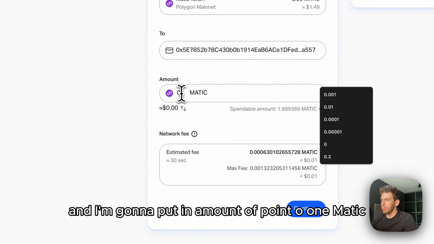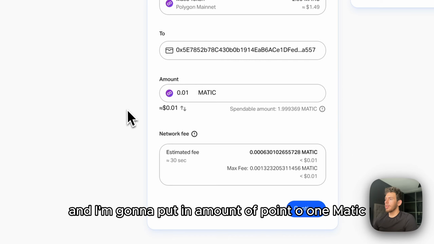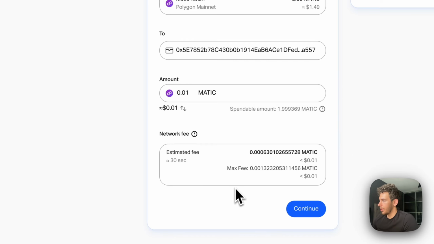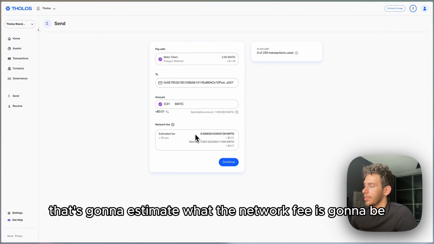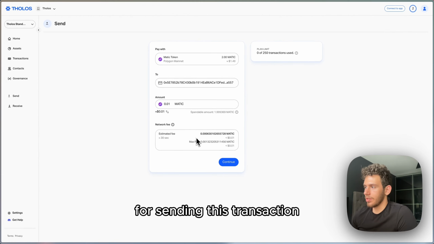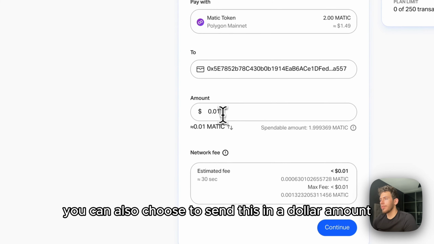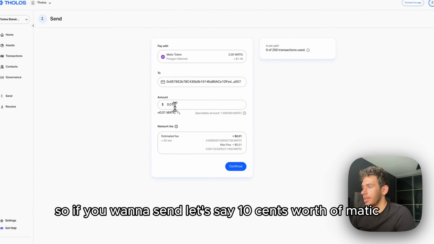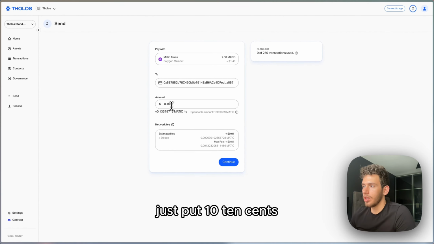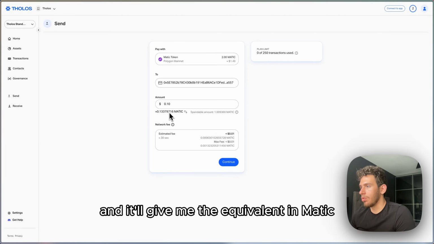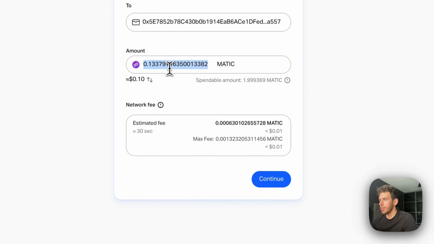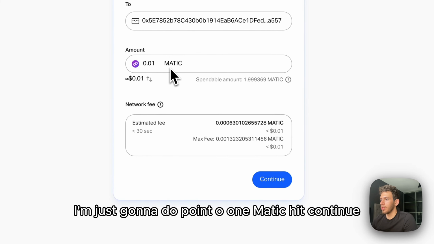And I'm going to put in an amount of 0.01 Matic. You can also see here that it's going to estimate what the network fee is going to be for sending this transaction. You can also choose to send this in a dollar amount. So if I want to send, let's say, 10 cents worth of Matic, just put 0.10, and it'll give me the equivalent in Matic. For the sake of this, I'm just going to do 0.01 Matic, hit continue,